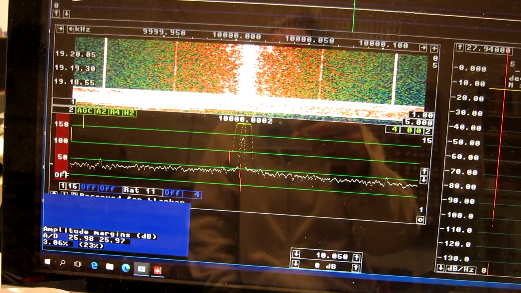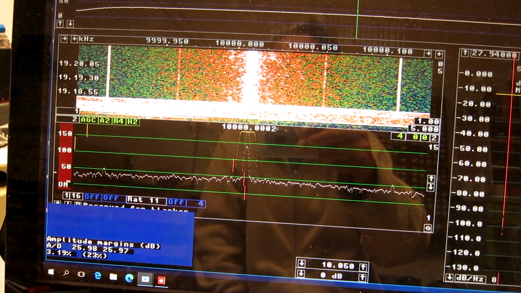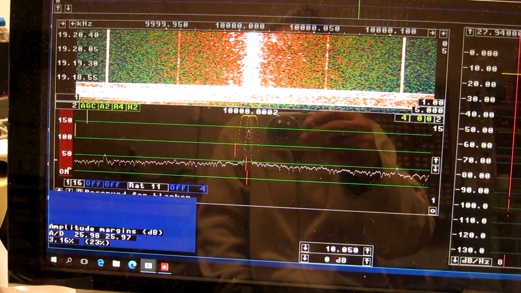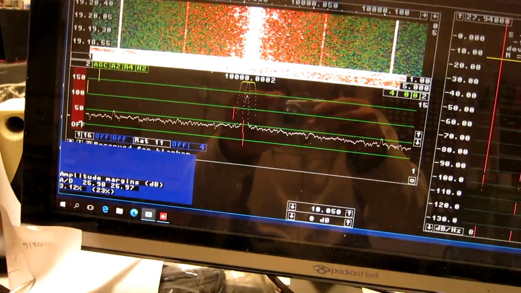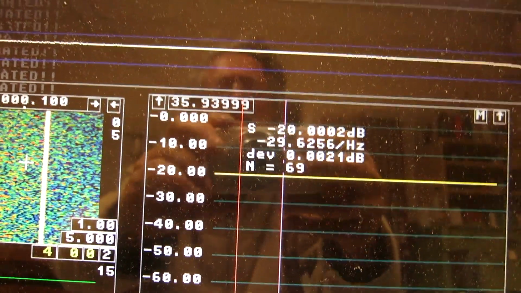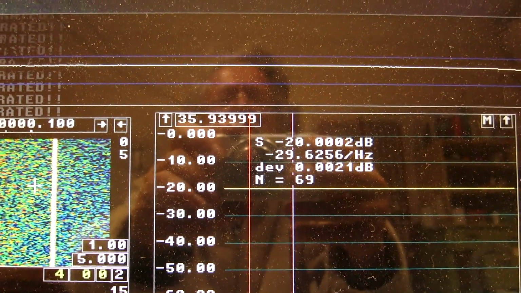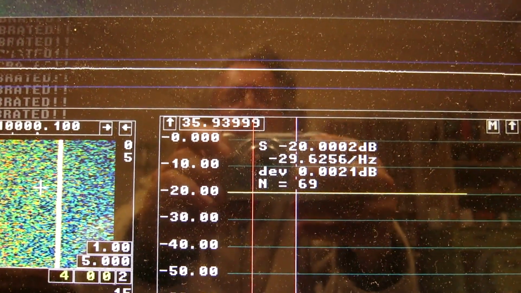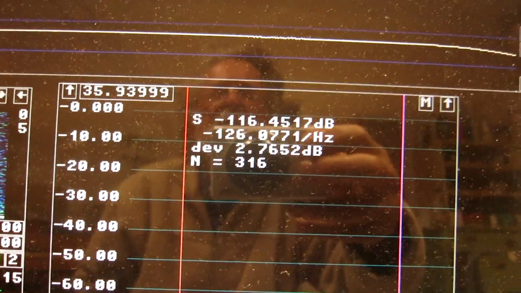I had to increase the attenuation from 60 to 80 decibels in order to not saturate anything. So I changed calibration to make the graph now show minus 20 for the increased attenuation by 20 dB. And now I see minus